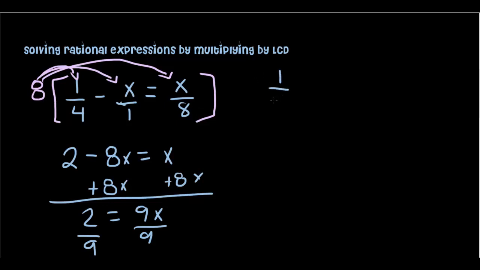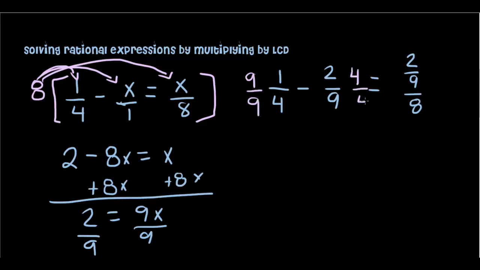So it's going to be 1 over 4 minus x, and we are saying that x is 2 over 9. So 2 over 9 over 1, which is just 2 over 9, equals 2 over 9 over 8. Now the common denominator for this is going to be 36. Basically, I'm going to multiply the first one by 9 over 9, and I'm going to multiply the second one by 4 over 4. Therefore, I'm going to end up with 9 over 36